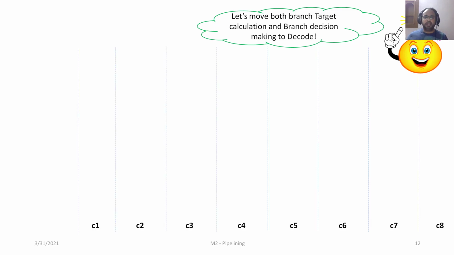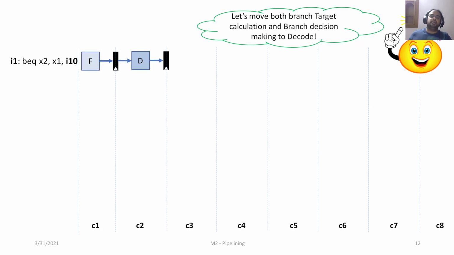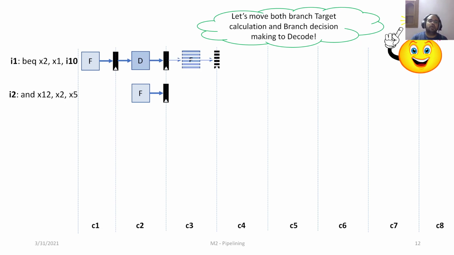What happens if we are able to do that is, in cycle 1 we fetch I1, it will be decoded in cycle 2. Right at that moment, we will know that it's a branch instruction and that values x2 and x1 are being used, right? At the same time, we know that we will be fetching I2. At the end of cycle 2 itself, we will know the outcome of the comparison of values in x2 and x1, because we have moved the comparator from the execute stage to the decode stage. What happens ideally is